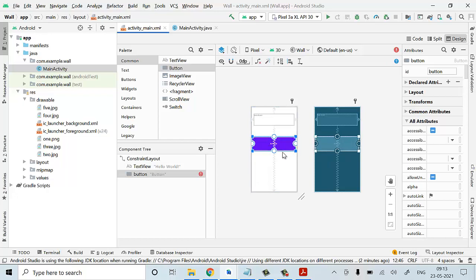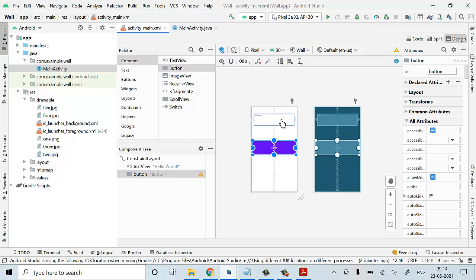Now you have to set it up. I have set the button and everything's position. Now I have to write the data.